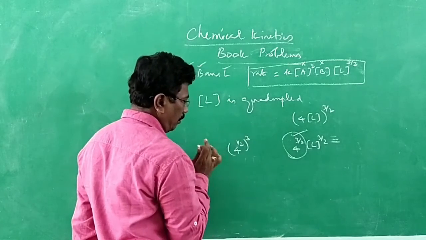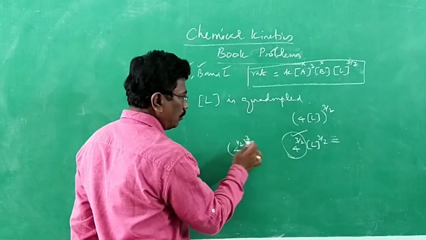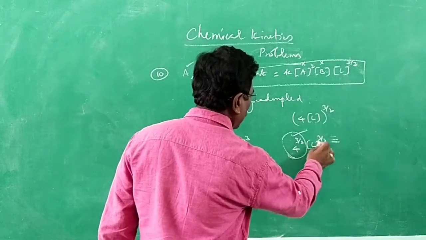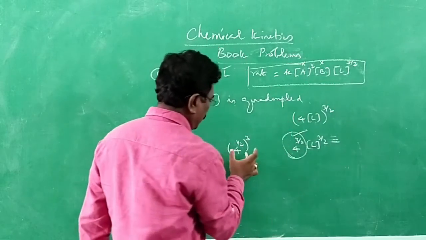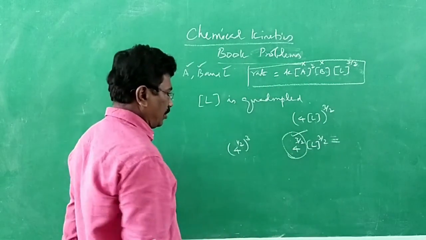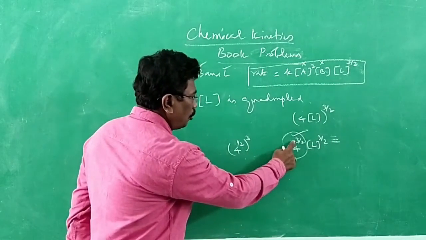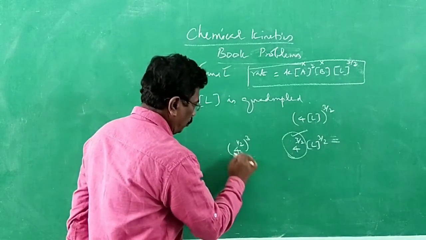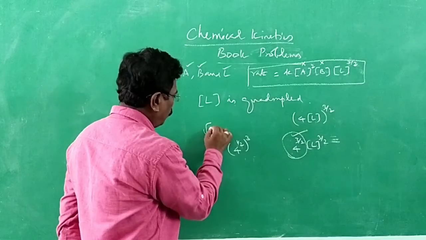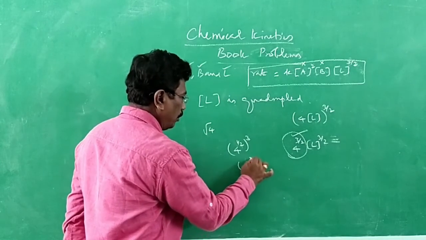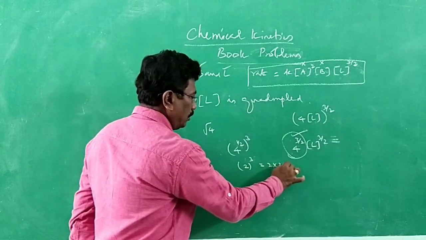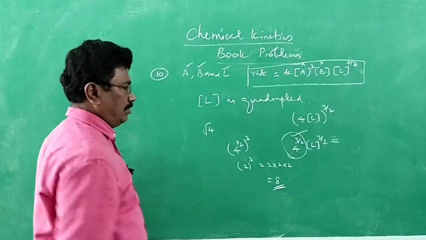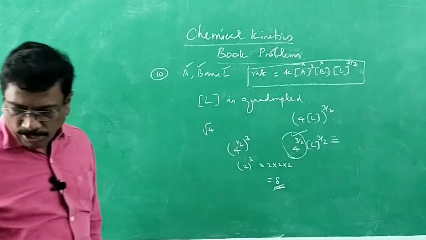3/2 can be given as 4 to the power half, whole cube, with L to the power 3/2 taken separately. So just this many times the rate may be increased. What is this many times? 4 to the power 3/2 is nothing but 4 to the power half, whole power 3, that is cube. 4 to the power half is nothing but root 4. Root 4 is nothing but 2. 2 cube means 2 into 2 into 2, which is equal to 8. So the rate increases 8 times. Just a mental sum you can do.